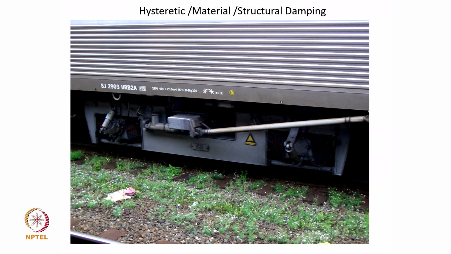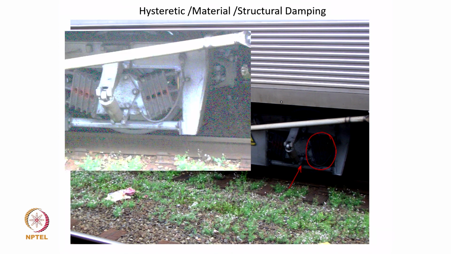So, this picture shows the bogie frame of one of the trains, and you can notice here the wheels and the axle are separated using this elastomeric damper. Okay. So, that damper in a close view, if you can notice, looks like this. So, there are metallic plates separated by elastomeric